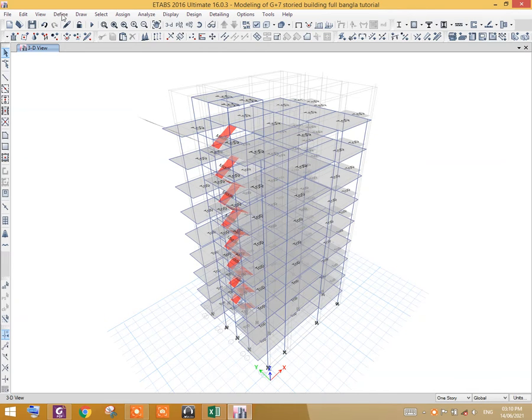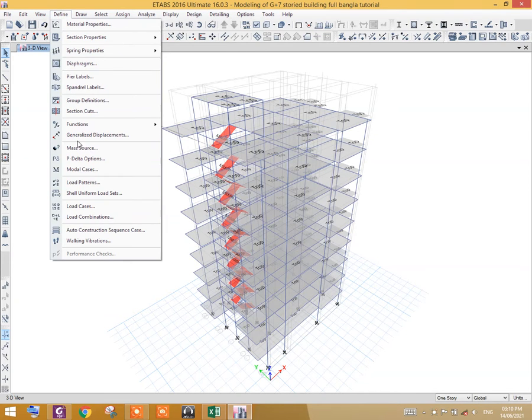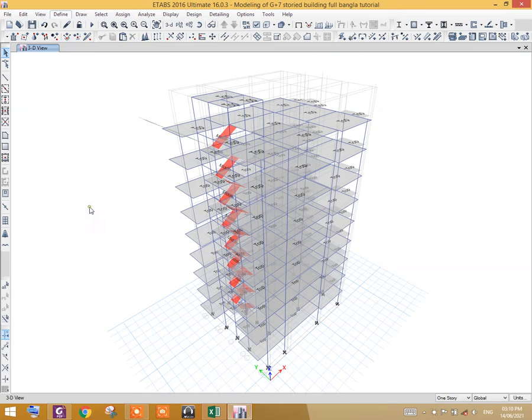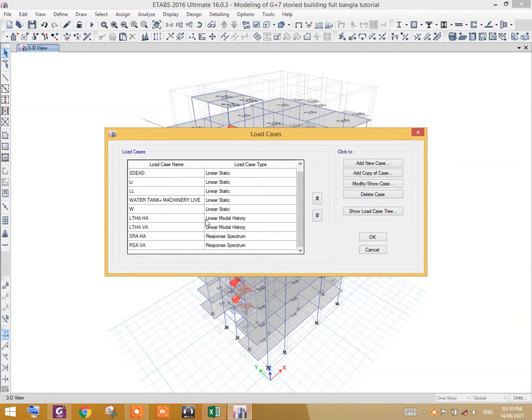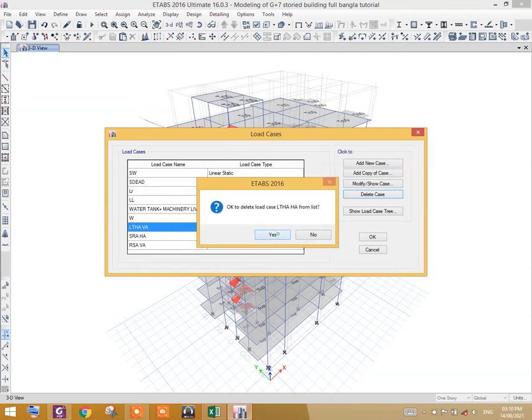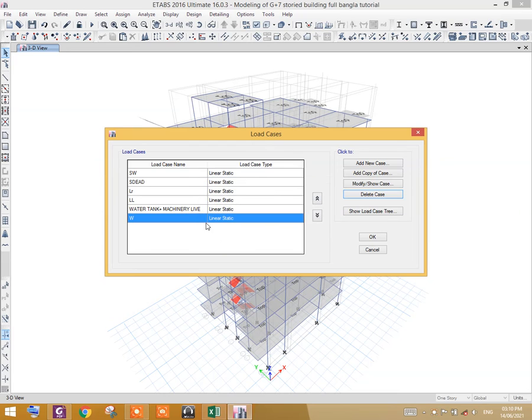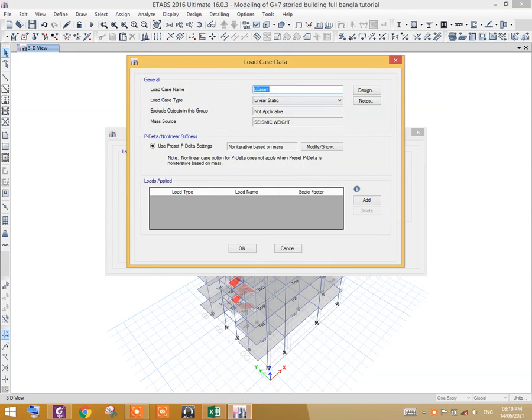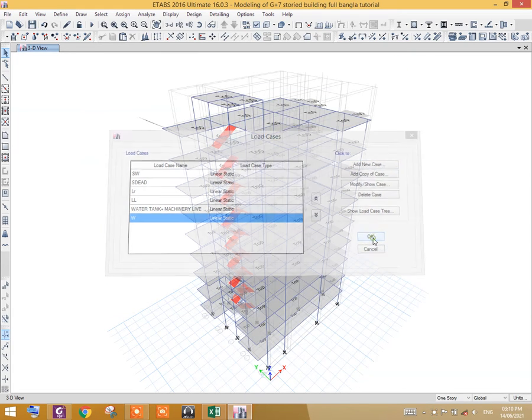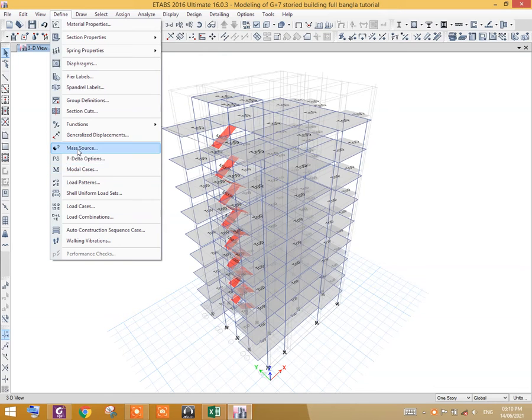Now press OK. Now go to define and go to load cases and add new case. Sorry, first let us define modal cases.